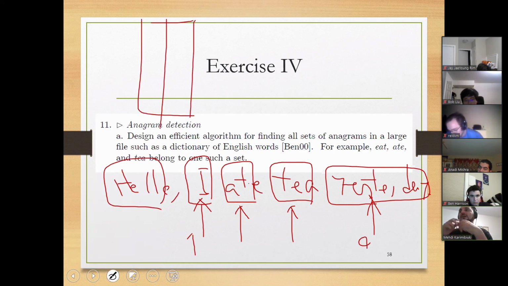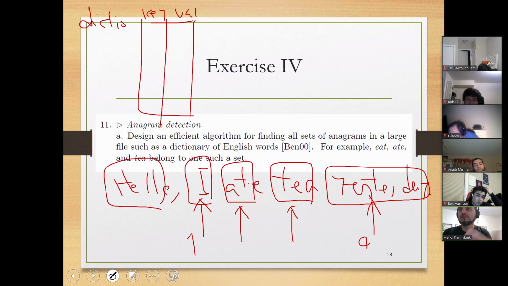This has to do with system design. I don't think you are expected to come up with an actual implementation, so I come up with a dictionary, and that's a key-value structure. The key is